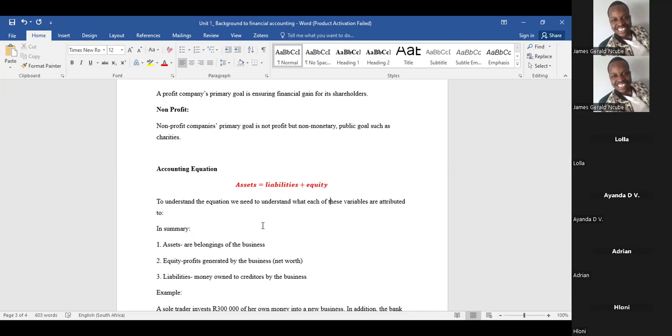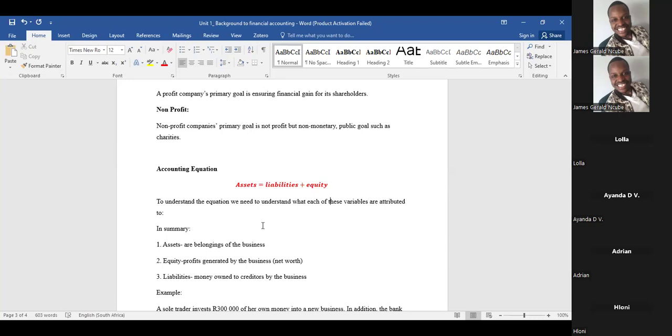So that 30,000 that I owe Donnie becomes a liability for my business. Liabilities are settled in the future. So it's money that you owe now, but you are going to settle it in the future, which means that in the future there is going to be a loss of value to the business. If I have a liability of 100,000, I can use the money right now that I've borrowed, but it means that in a year's time, in 2 years' time, I am going to lose 100,000 when I pay